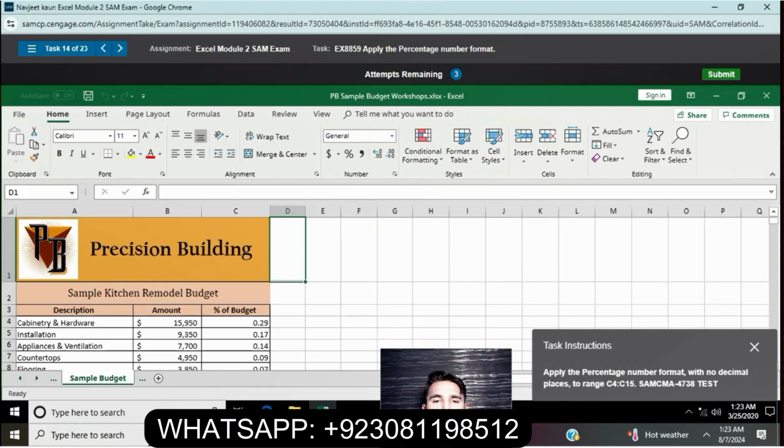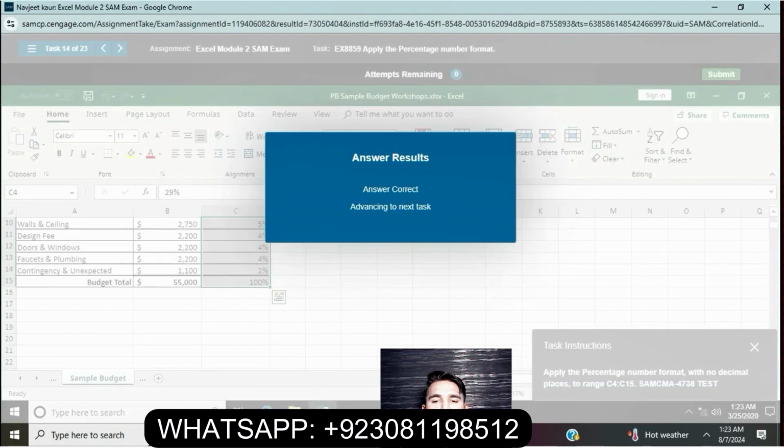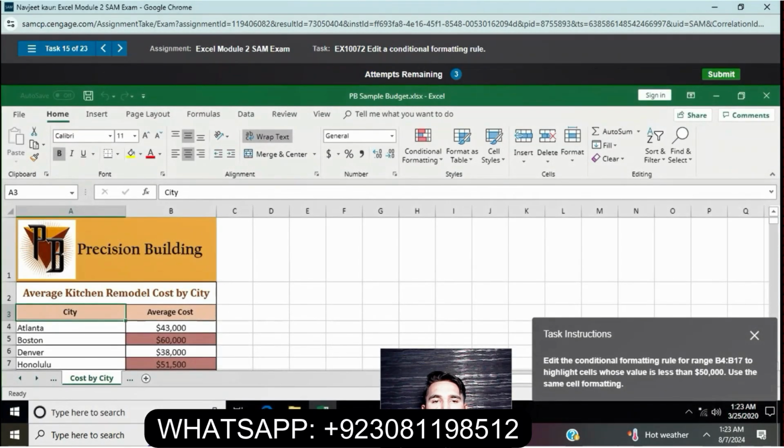First we select this range, C4 to C15, then go to the Home tab and apply the percentage number format with no decimal places. Answer correct. I have done 14 questions.